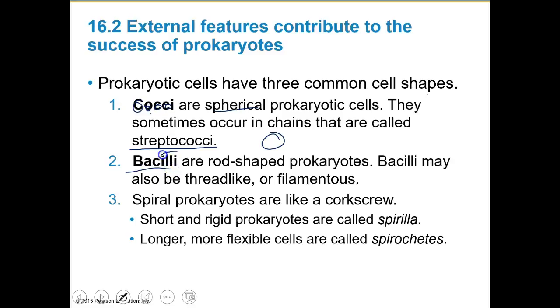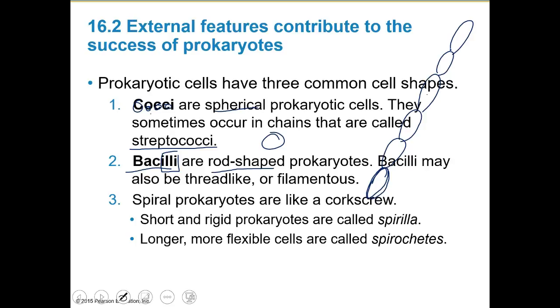Bacilli, you can think of these as rod-shaped letters, are prokaryotes that are rod-shaped. So usually this is our typical bacteria that we think of. It's this shape, maybe like pill-shaped. They can also be thread-like, and that's mainly because you just attach a bunch of those together, and by golly, you've got yourself a thread. Okay? We do have these cool ones,